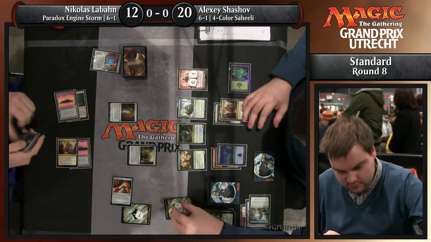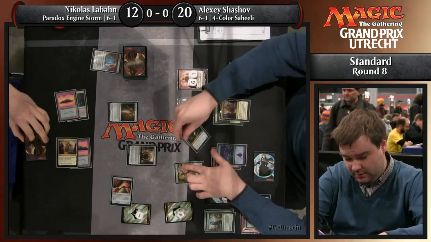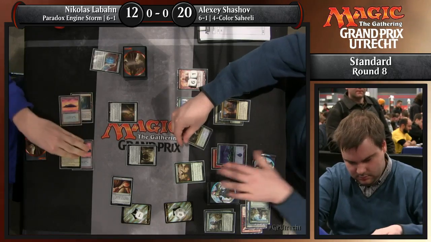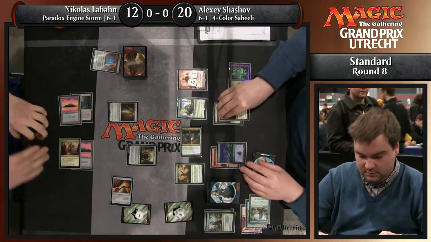So Magnifying Glass alongside Paradox Engine and Key to the City. Just need more mana producers for Nicolas Laban, and then he gets to do crazy things. Yeah, will there be time? That's the thing. I think Nicolas Laban might be out of time here soon enough, because he's taken 3 from